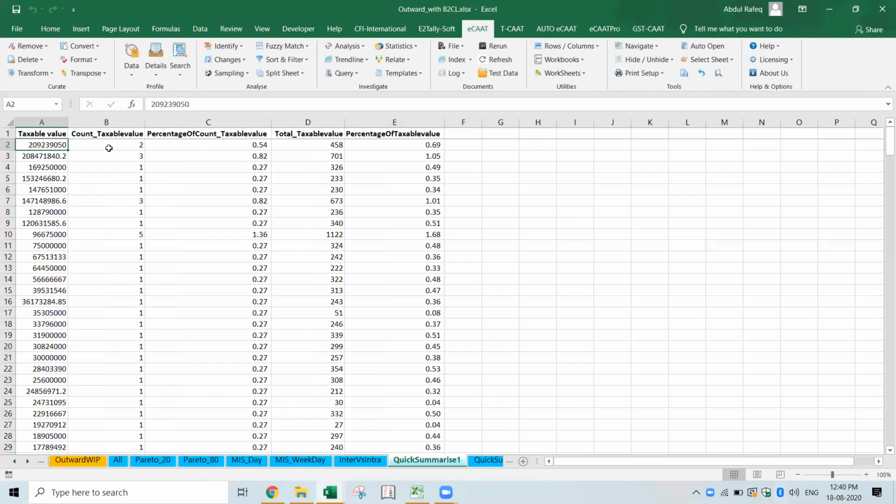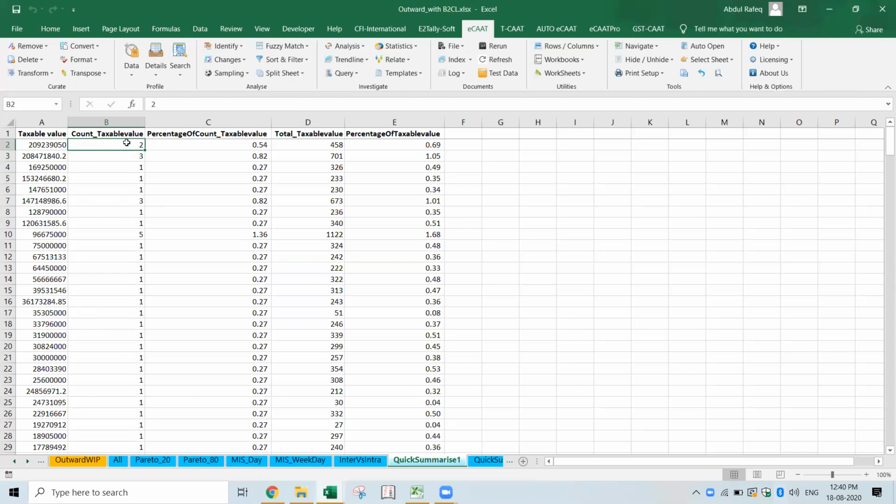Just for my understanding, what will it be useful for, sir, generally? For example, I want to see if somebody is trying to commit a fraud. There is a limit of 10,000 rupees or 50,000 rupees. Somebody is trying to pass transactions of 49,500, 48,000 like that. Based on that, I'll be able to pick up all the transactions based on each unique value. It will give me the count and the sum.